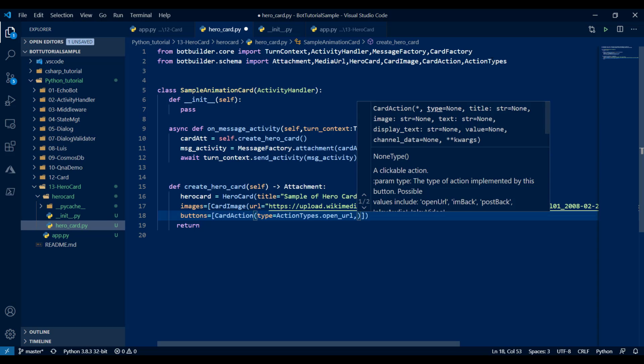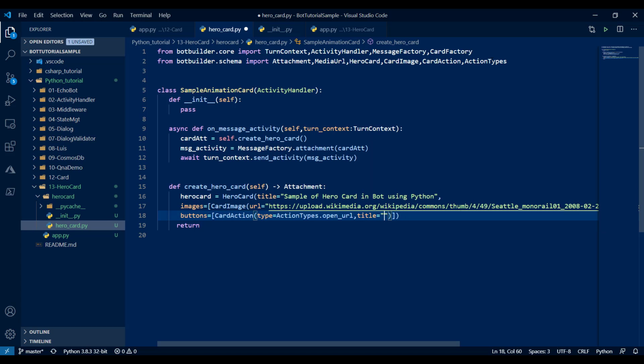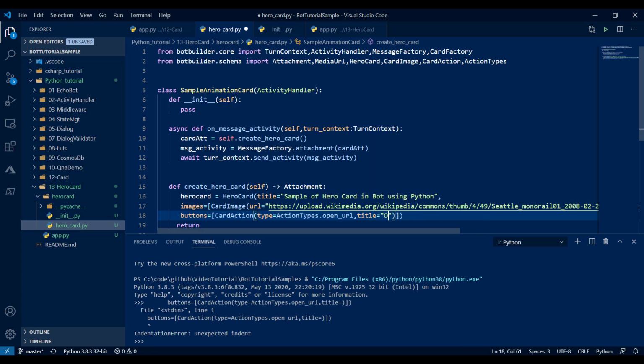Next, we have to write the name of the button. So we defined this as an open URL button. Next, title. I'm defining the title here as open URL.